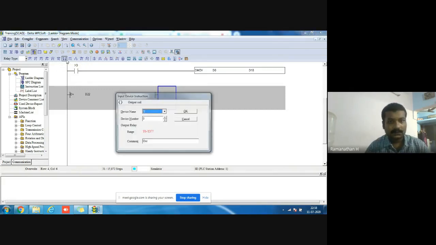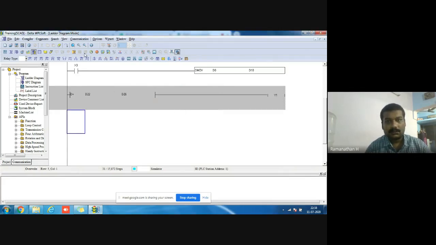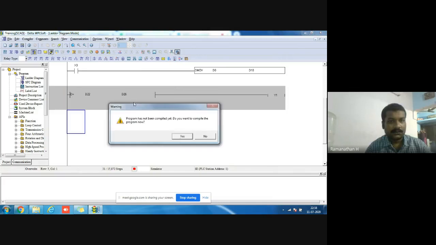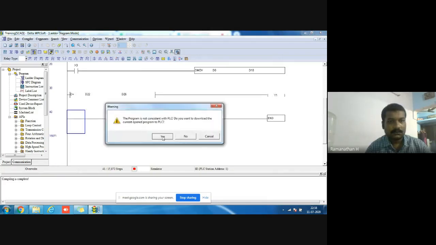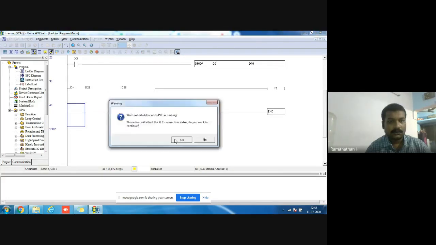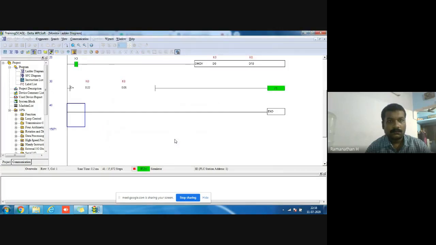I add a coil, one digital coil. Then what is the comparison section? We use equal. These both values are equal, so the output coil is on now, both values are equal, 0 and 0.